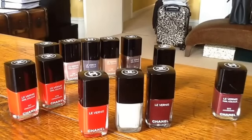I'd be glad to know if everybody else out there who's having such good results with them is using the Chanel base and top coats. Maybe that's it. Now, the second thing I want to say, and a big thing as far as I'm concerned,